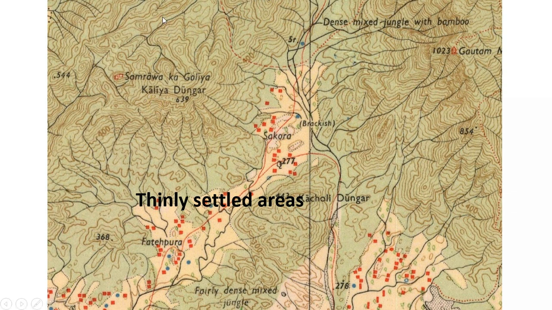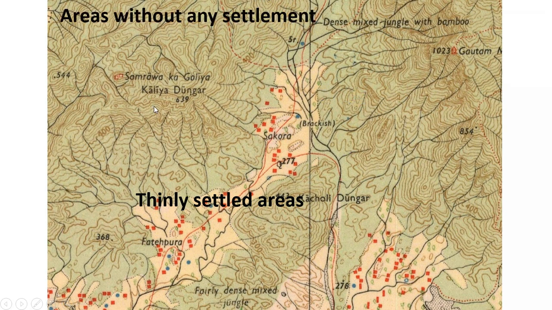And if you look into the northern part as well as in the eastern part of the map, northeastern part of the map, this is a slopey area, steep mountain slope. We can identify it from the closely spaced contours. Not only that, it is under green color, that means area under forest, and it is given here too. So in this area, we don't see any settlements. So settlements are absent in this area.